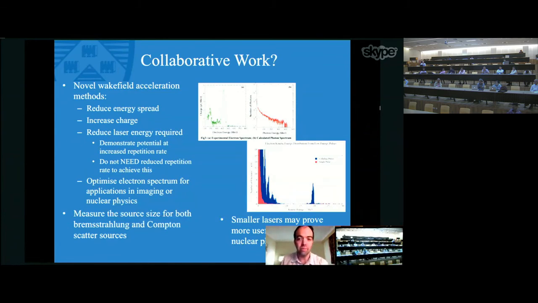We can measure the size of Compton sources, the size of Bremsstrahlung sources, and actually to do this developmental work where we study properly and systematically some of the facilities, we don't want to use Gemini. We want to use a facility that can run at least a shot every few seconds rather than a shot every 20 seconds. I think that's pretty much all the slides I have,